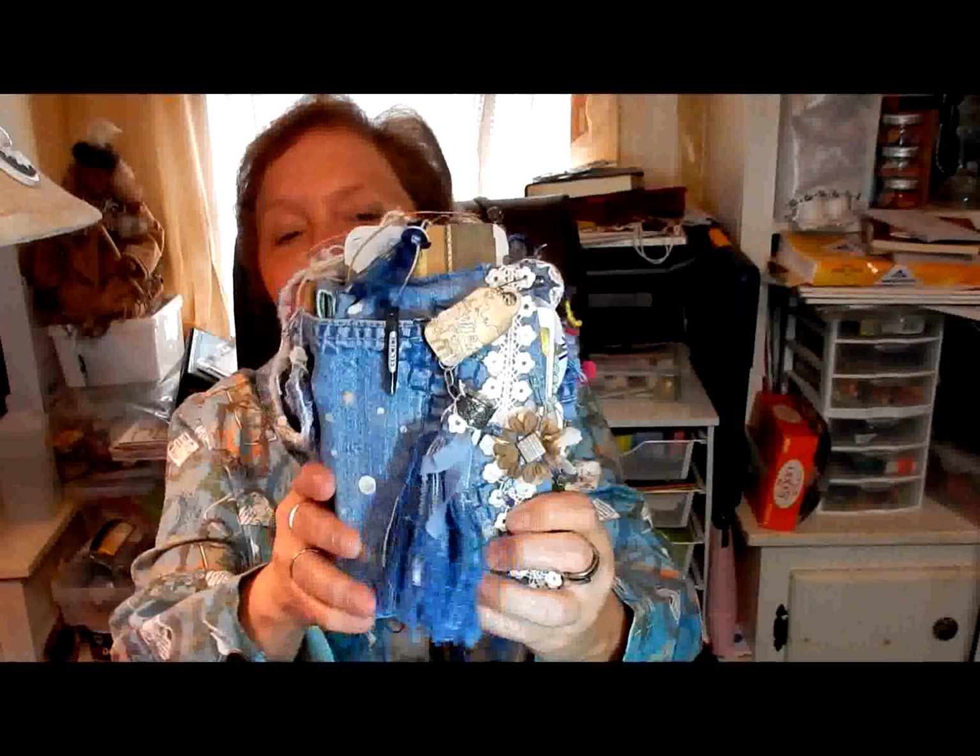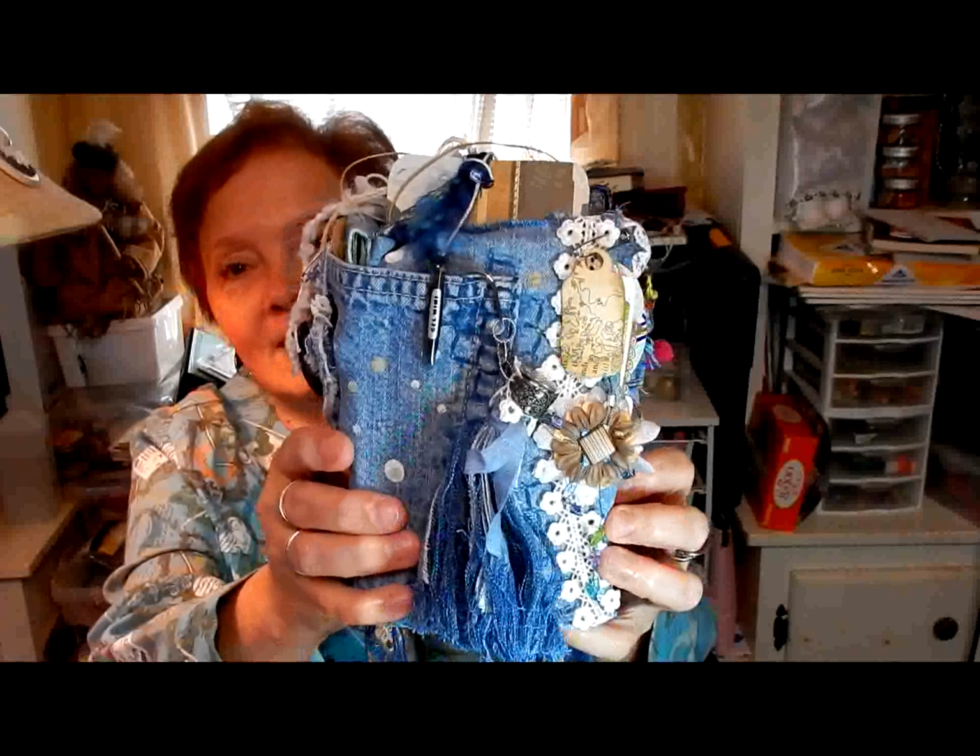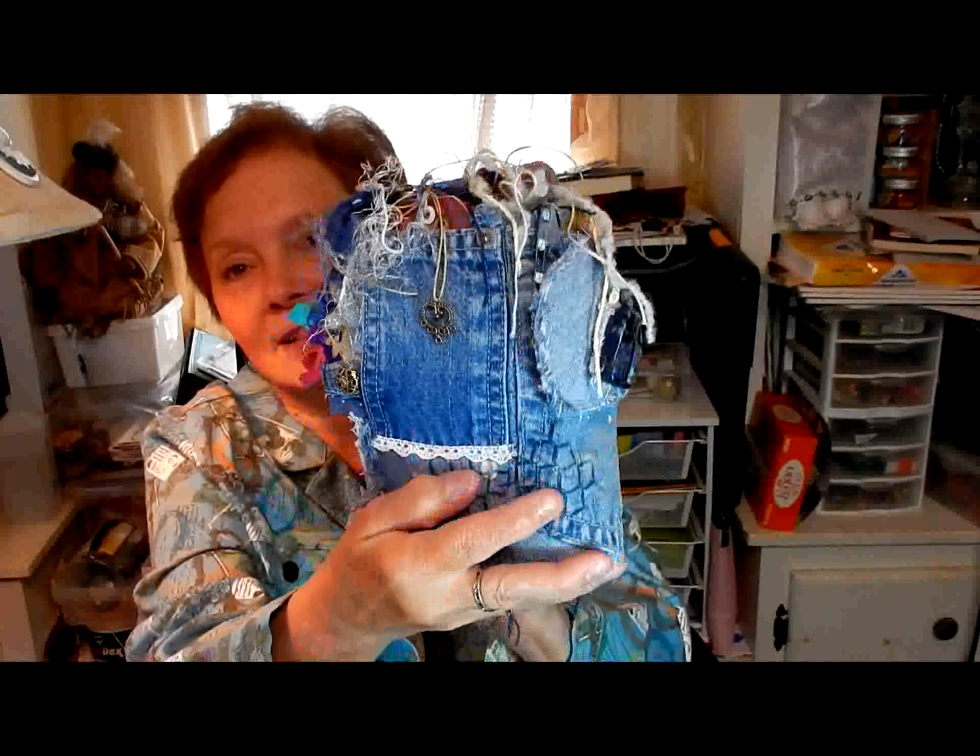And so inside of this bag, see if I can get this out of here without pulling it apart, is my junk journal. And it's all ready to go to Georgia. So if you haven't checked out that video, if you want to see what's inside this journal and all the things that are attached to it, check out my other channel. I'll put a link, if I remember, to the video below. But anyway, this is going to be on its way to Georgia by the end of this week. I have until the 19th to get it in the mail, and I think I'm going to try to get to the post office